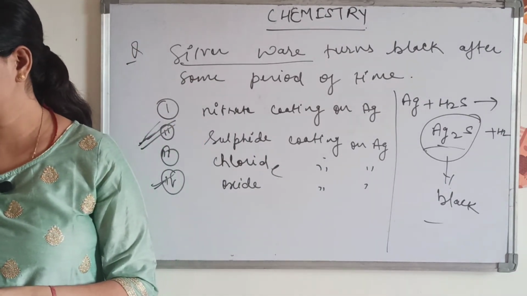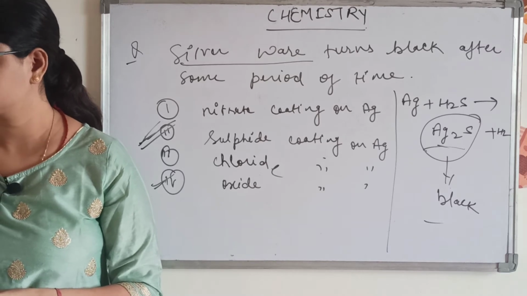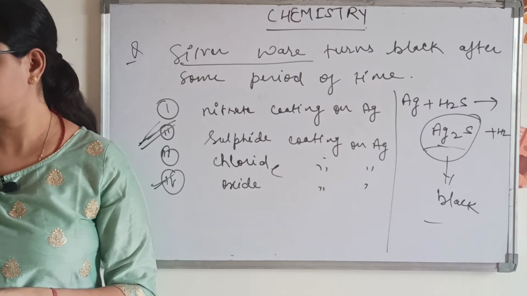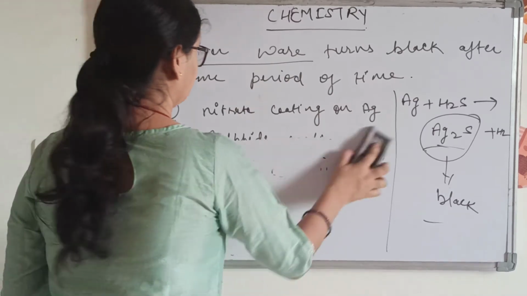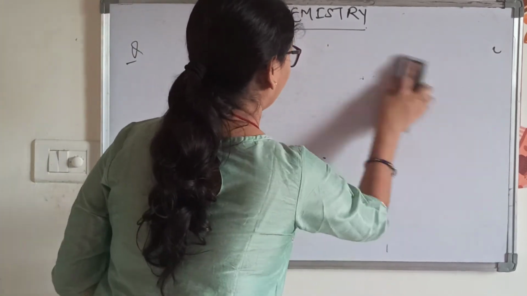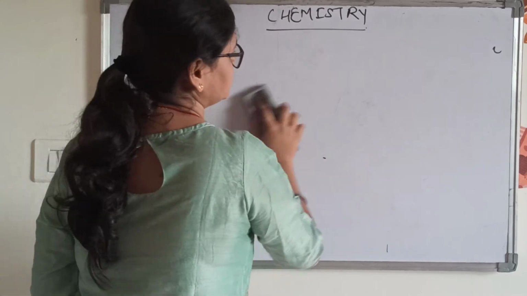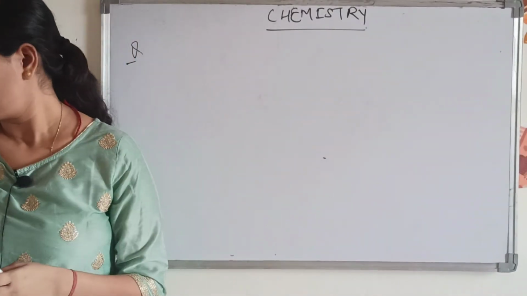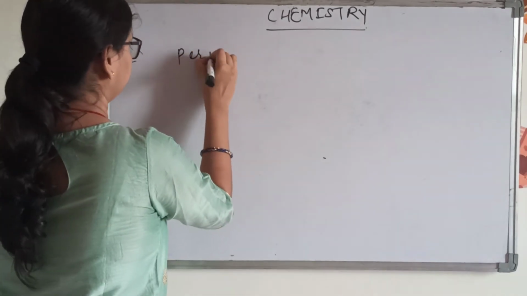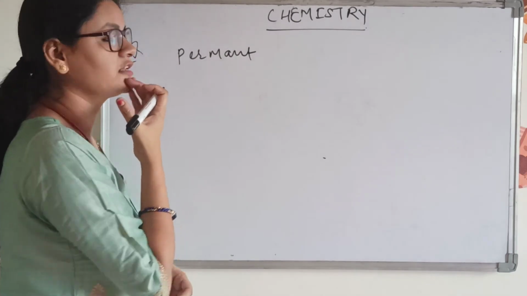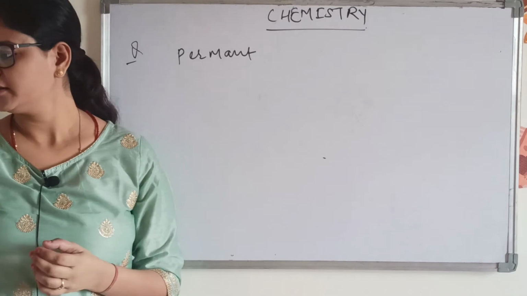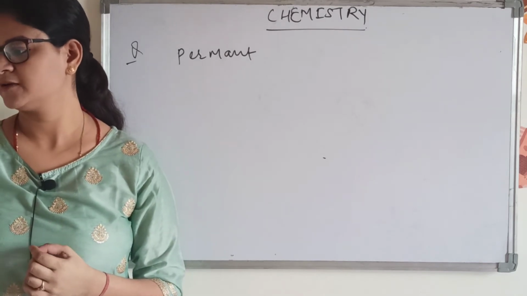The next question is: here a few statements are given, and we have to find out the cause of permanent hardness of water. Permanent hardness of water is because of the presence of a few elements. In this question it is being asked why permanent hardness happens, and which of the statements given below is or are correct.